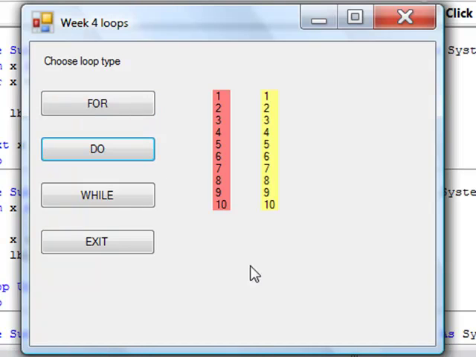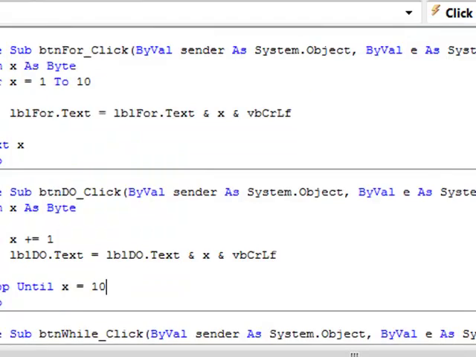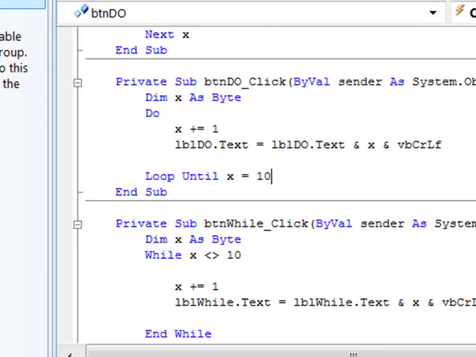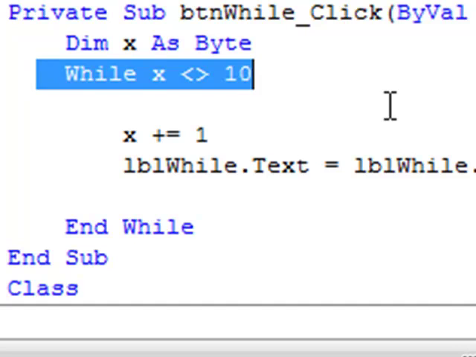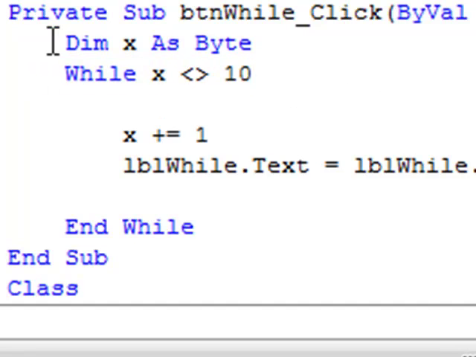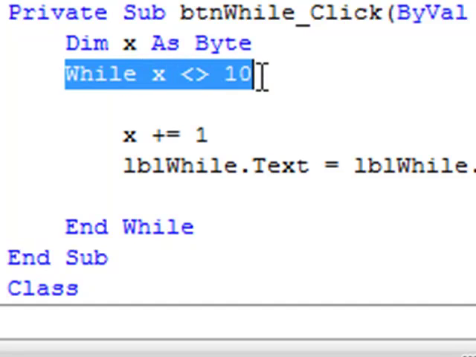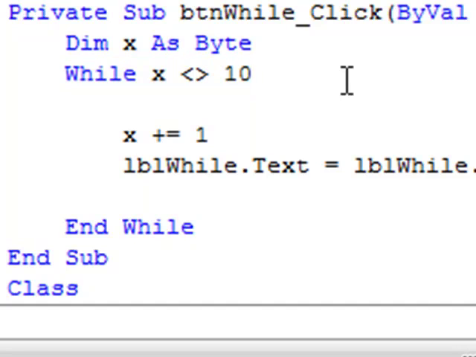Okay, and finally the while loop. There's the while loop in a pinky purpley colour, and if we look at the while loops, they have the condition at the top of the loop. Again, I've declared a local variable, so I say while, slightly different this time. I'm saying while x is not equal to 10